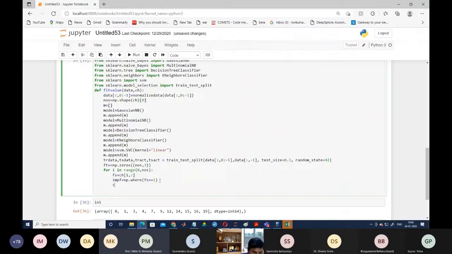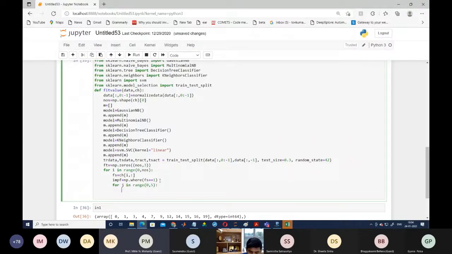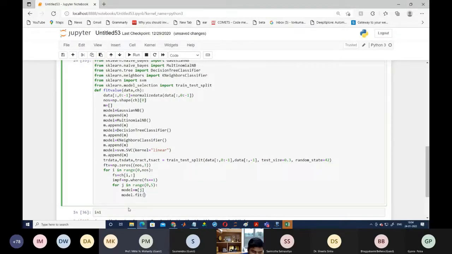Now after that we are finding what our training data becomes. Training data for this sample, so it will become, or you can also write something like that, for j in range 0 to 5, because we are using 5 different types of model. We are writing here model equal to m of j. We are getting the model. We are going to fit the model. model.fit equal to tr data comma tr actual. Then we are going to calculate model.predict